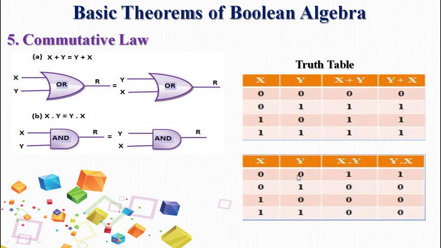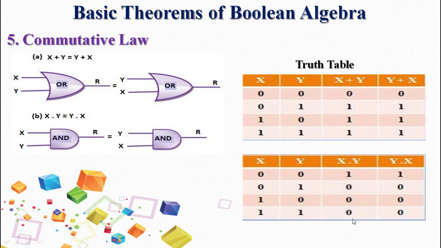0 multiplied by 0 is 0. So here is a mistake. Then 0 multiplied by 0 is also 0. So here also you find a mistake. There is another mistake we have done wantedly so that you can cross verify the concept of truth table. Then we have 0 multiplied by 1 is 0, or 1 multiplied by 0 is also 0. 1 multiplied by 0 is 0, or 0 multiplied by 1 is also 0. 1 multiplied by 1 is 1.